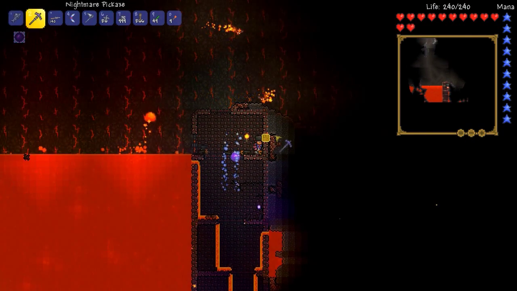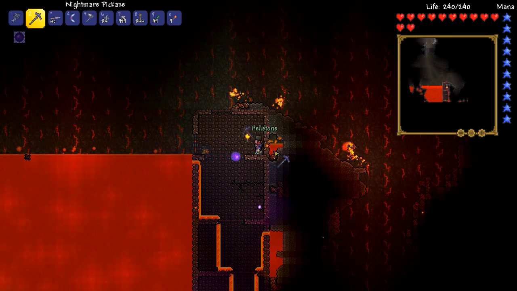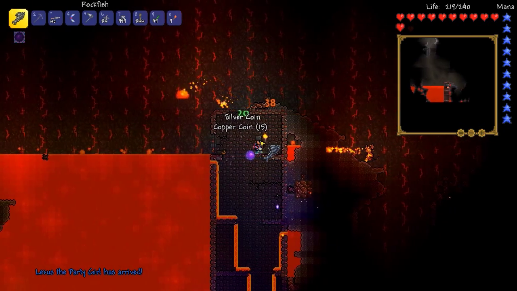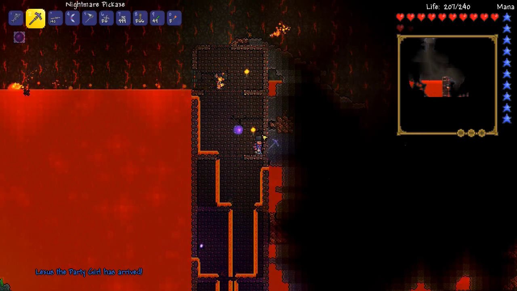And it looks like there's some right over here. So let's try to mine some hellstone through the wall. If we could manage to get 60 of them, we could get the fiery greatsword. If we manage to get... Ooh, the party girl has arrived. We got a new NPC. If we manage to get a little less than that, we could also create a...